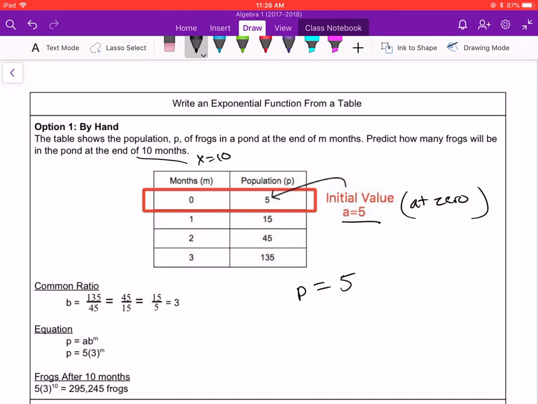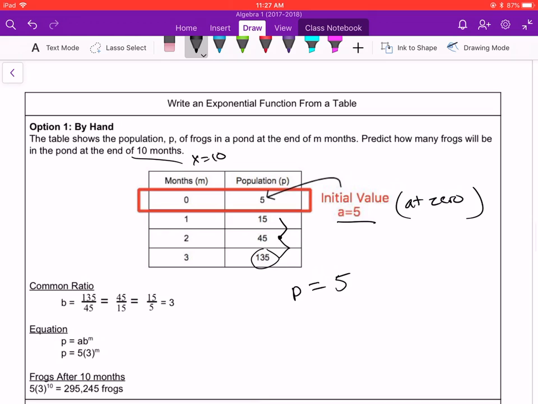But B, to get the common ratio, all you have to do is take one number, let's say 135, divided by 45, and that would give you 3, all right? You can really start with 45, divide that by 15, that would be 3. 15 divided by 5 would be 3 as well, okay? So you can do this anywhere on this table, it should be 3, okay? So that means your factor is going to be 3, and you raise that to the X, all right? But here, since I want to find out after 10 months, I'm going to plug in 10, and if you plug that into the calculator, it would give you 295,245 frogs,